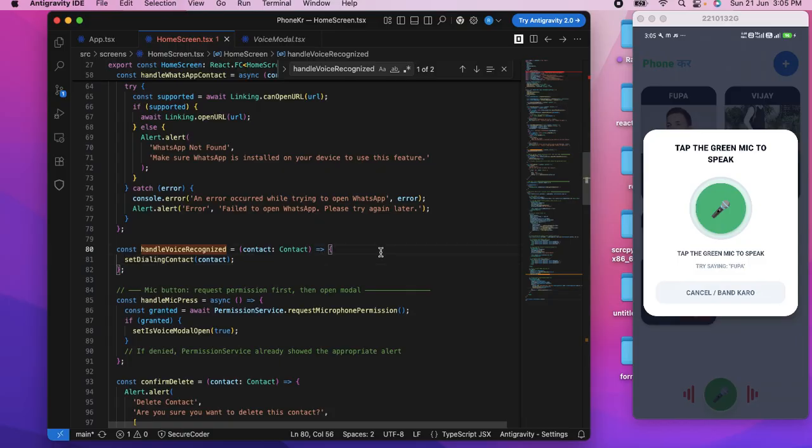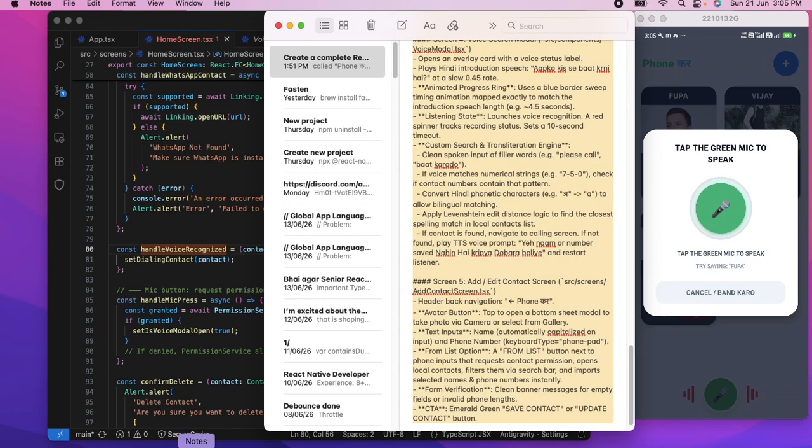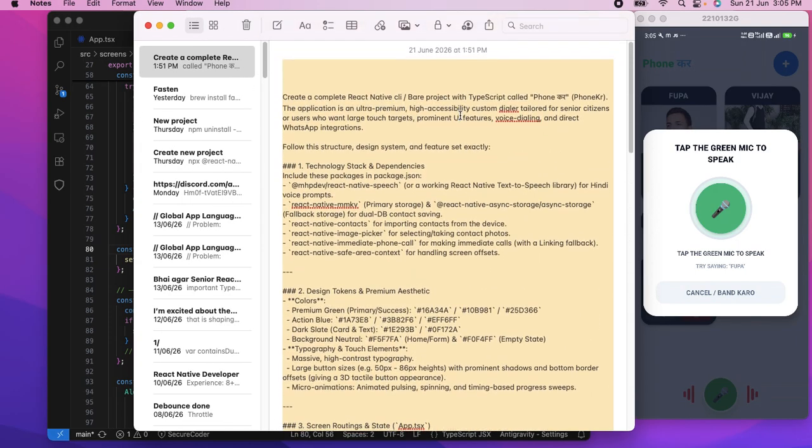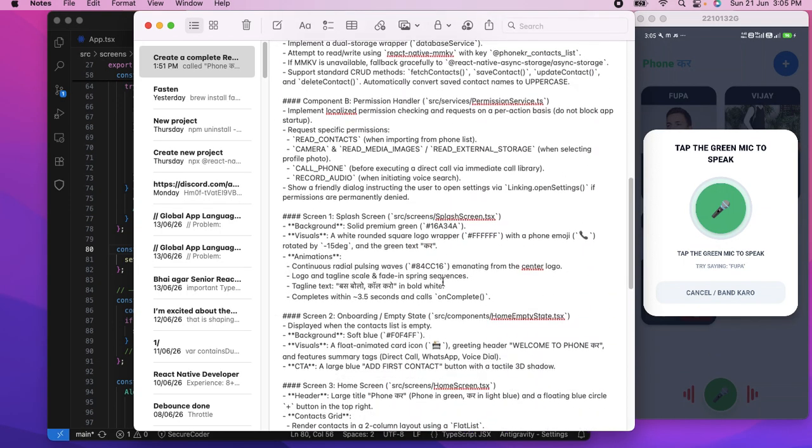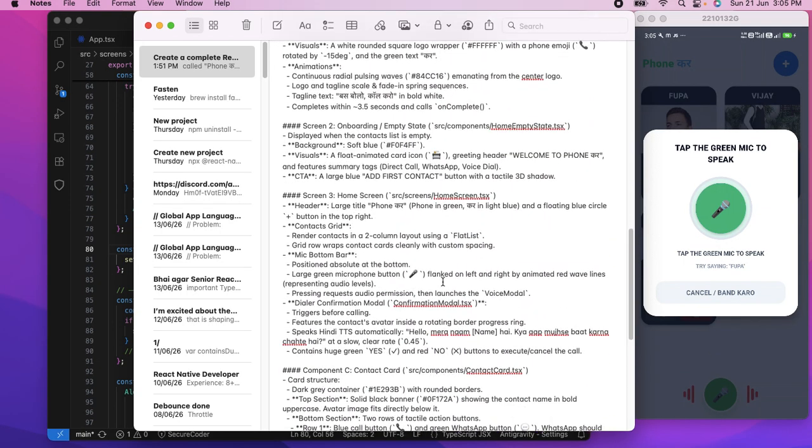So guys, if you want to develop the same application like this, I also created a prompt you can use to create the same application. I created this application by myself, then I asked anti-gravity to give me the prompt we need to develop the same application. So I got this prompt from anti-gravity. So guys, if you want to create this type of application, you can use this prompt. It will create the same application, but it will also give lots of issues. You need to figure out how you can fix them.